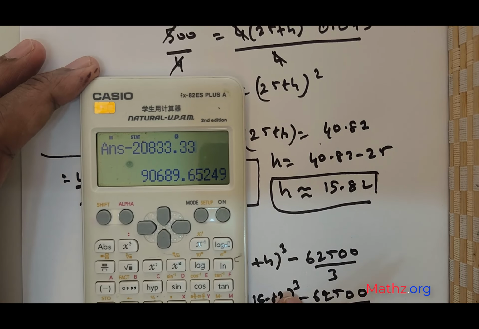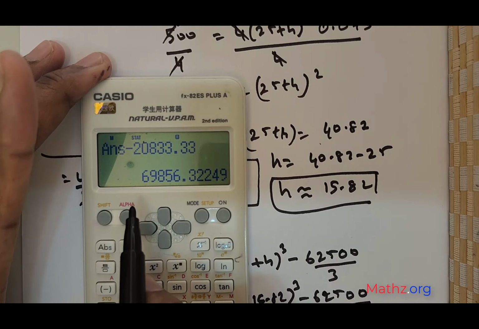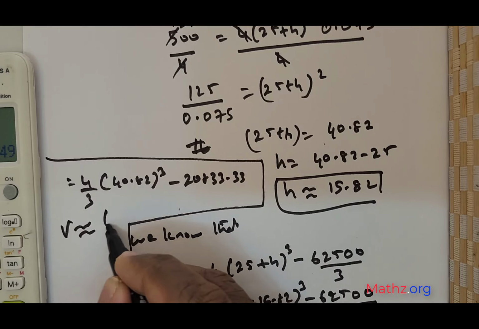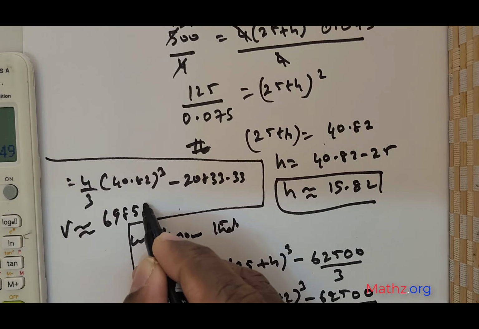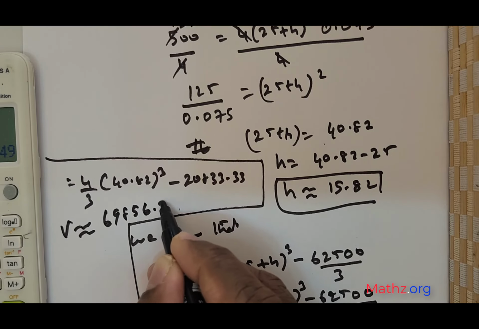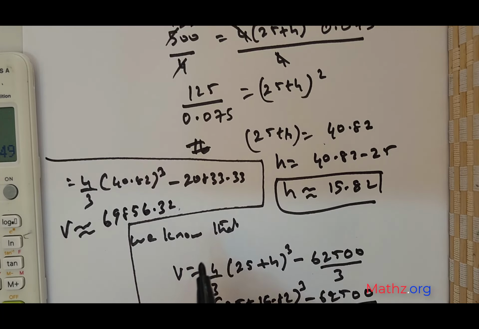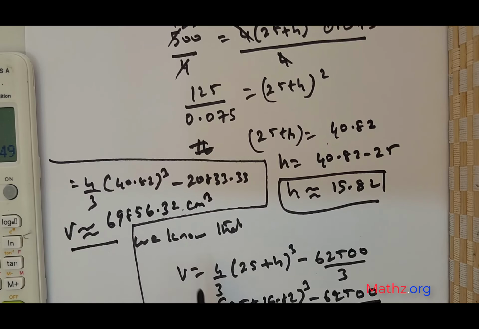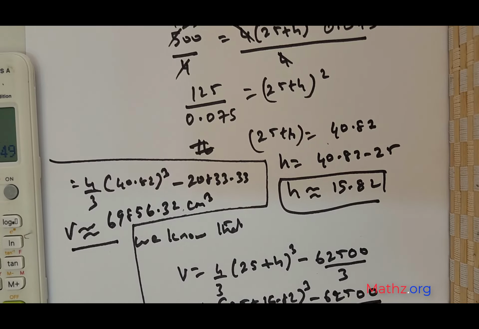So this is the subtraction. And what do you get? You get this value. So V is approximately 6985.632 cm cubed. So that's the solution for this question. It's a lovely question, and we can move on to the next one. Students,